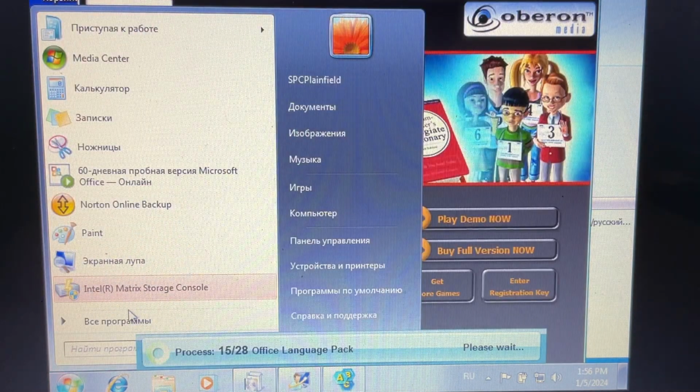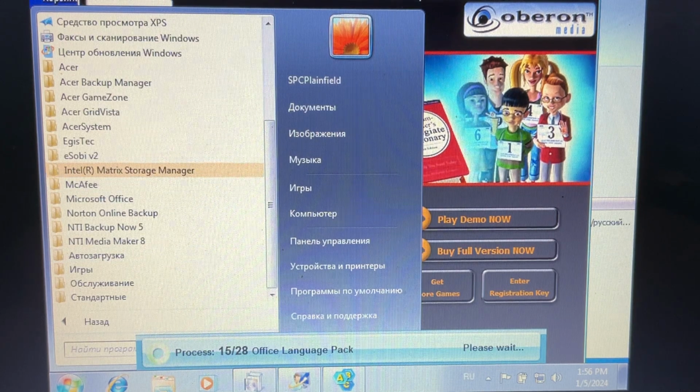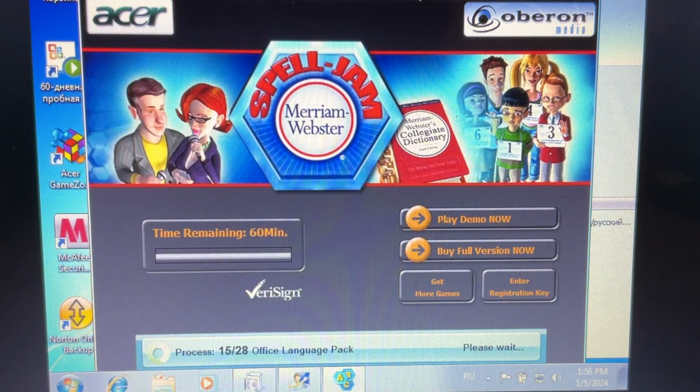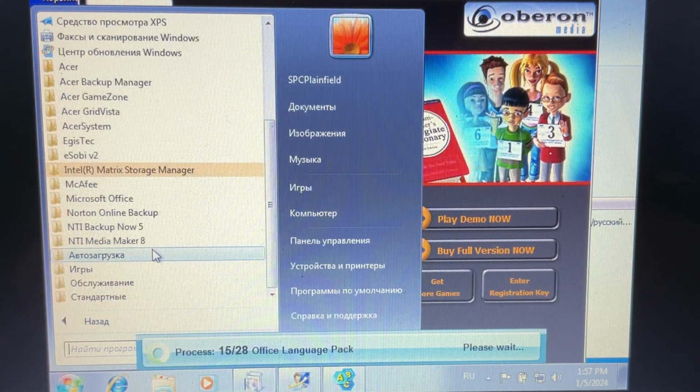However, they're going to be launched through that Game Zone app. It looks like they're going to be launched as their own separate thing. So these are Acer OEMs of the same thing. It gives you a 60-minute, 1-hour trial of the game. And then afterward, you'll have to purchase the full version from here. Well, there's no way to actually purchase it, but